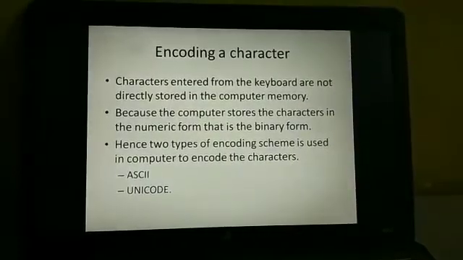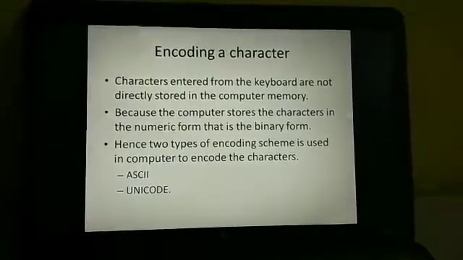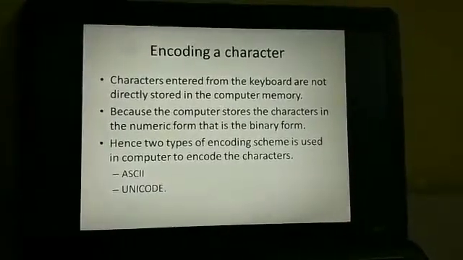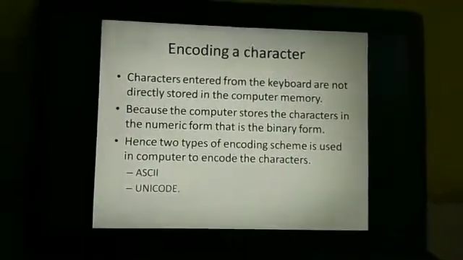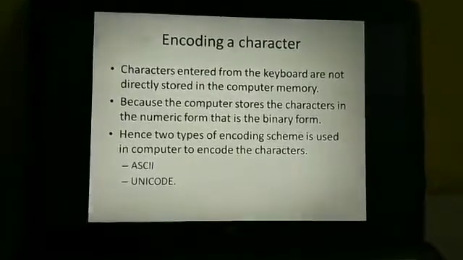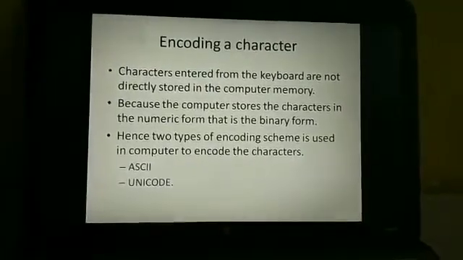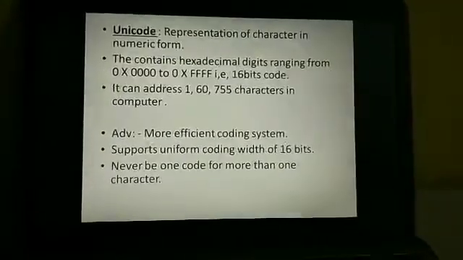So you are supposed to convert it into binary, that is either a 0 or a 1. Hence, two types of encoding schemes are used in a computer to encode characters, that is either ASCII code or Unicode.